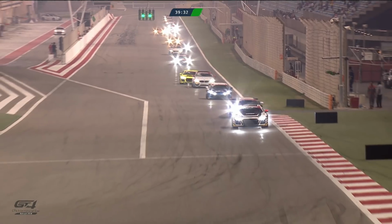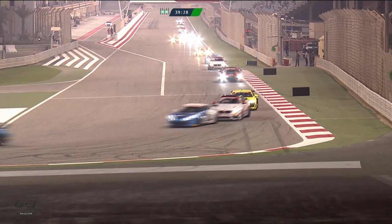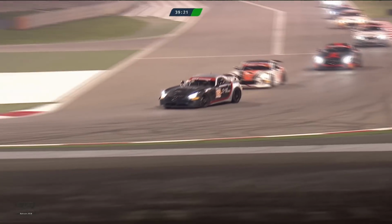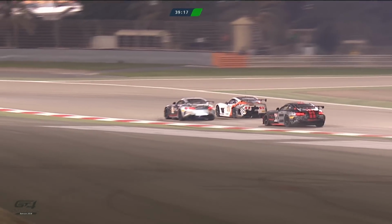Absolutely foot buried to the boards, and then you've got to stand on the anchors. Hesse pulls out and has a look, thinks better of it. And in fact, in a straight line, Pierre-Alexandre Jean has dropped back ever so slightly from Matt Nicol-Jones. There is Peter Larson's Janessa having just lost out. So Eric Behrens has gone through, and that puts Behrens in the Mercedes into the lead of the AM class,